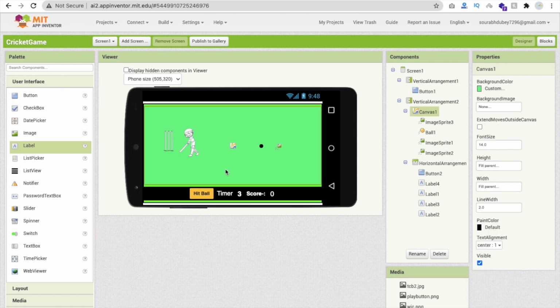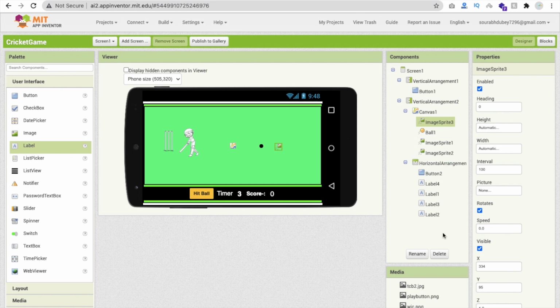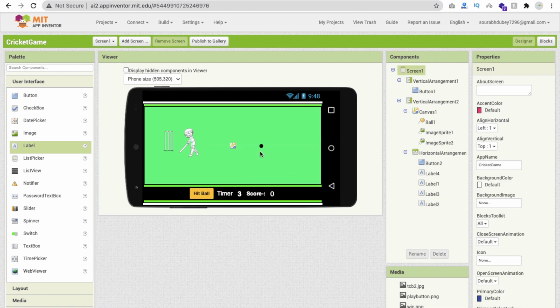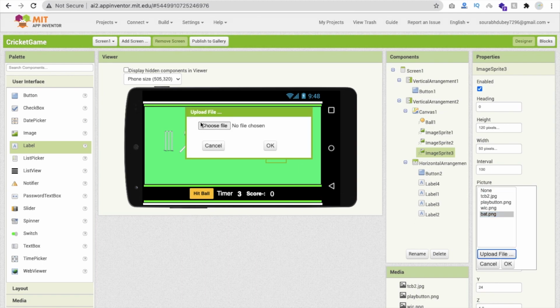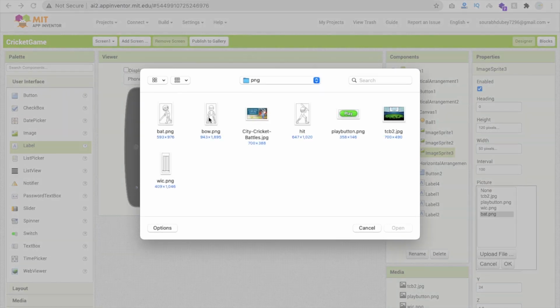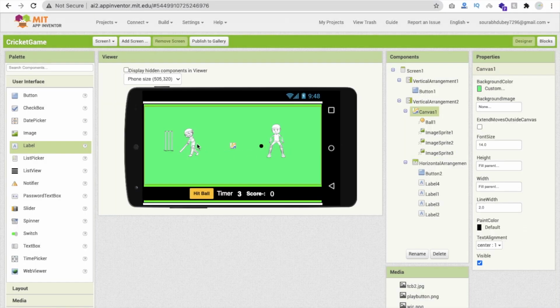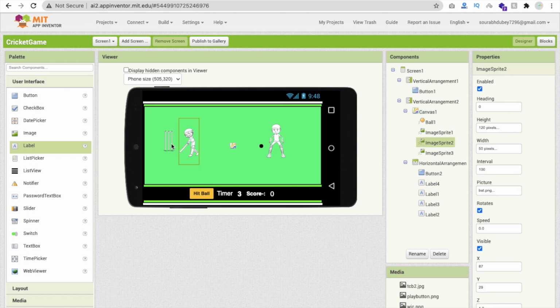Now what you can do here is delete this image split 3, click on this and press Command C or Control C and Control V, and then change that picture, upload file, choose file, and that one is the bowler image. So that's our bowler image, that's our batsman, that's its stump, then the ball.